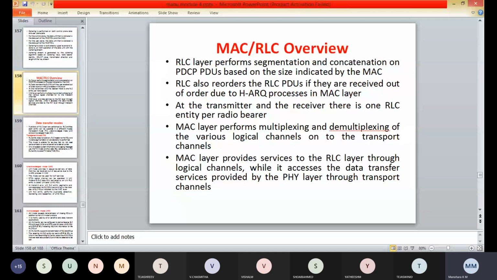The RLC will also re-order the RLC PDUs once they are received out of order, possibly due to the HARQ processes in the MAC layer. The RLC layer also supports an ARQ mechanism, which resides on top of the MAC layer.